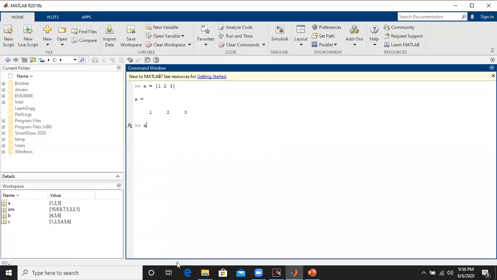So I have to type A, then dot, then cap, then 2. That makes each element multiplied with itself, so we can see 1, then 4, then 9. That is 1 square is 1, 2 square is 4, and 3 square is 9.